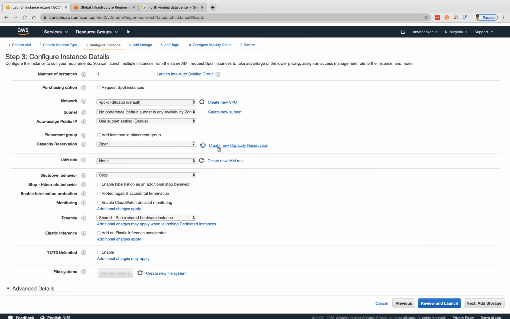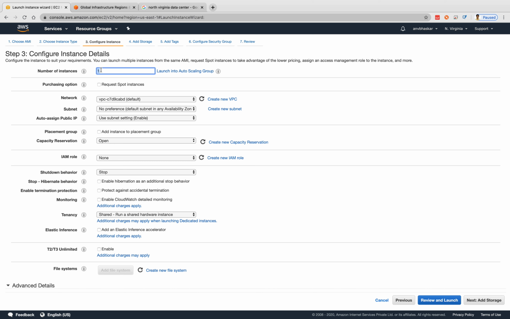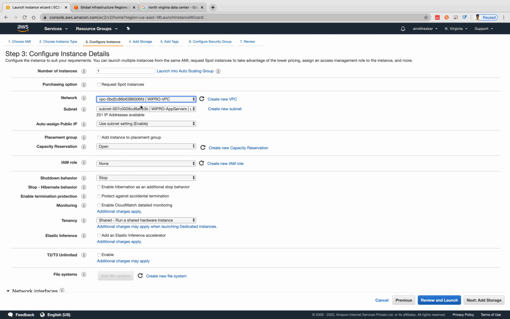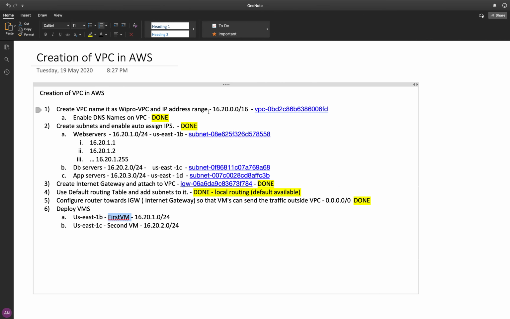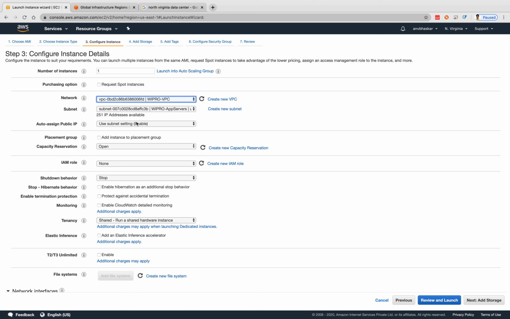Next I need to configure. If you see here, the number of instances: if I give 5 in one region, it will create 5 virtual machines based upon your data center. This is my network. I need to click which VPC. Here, Wipro VPC. And if you see here, when I created 3 availability zones, 1B, 1C, 1D, it should display these 3 availability zones here. If you click here, see 1D, 1C and 1B. How many IP addresses? 251, we saw in the previous one, right?